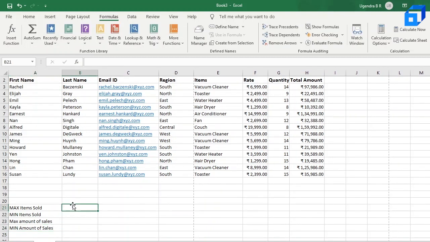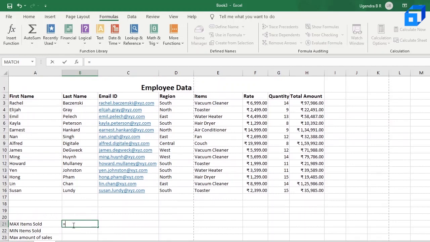Okay, so to use a formula in Excel, remember that we need to always start with an equal to sign. So the maximum items sold, you have to work on this particular column now. So that will be the G column over here. So the maximum number of items sold will be the maximum. So here you can see that Excel automatically suggests which function you need to use.